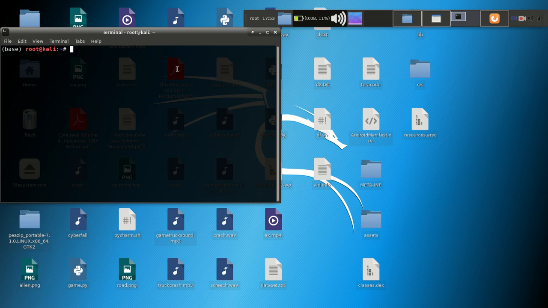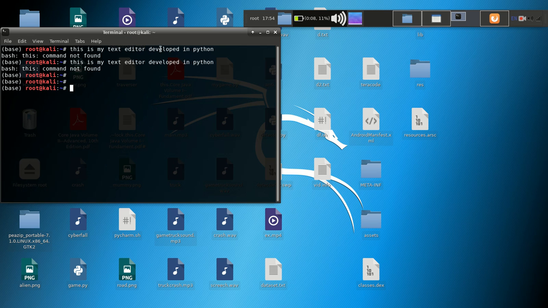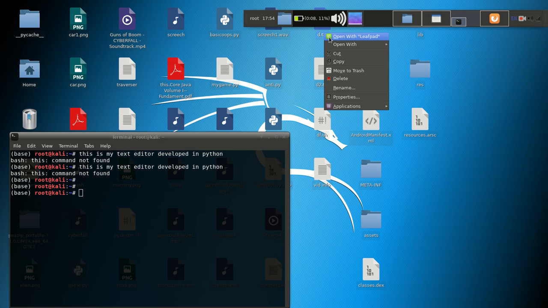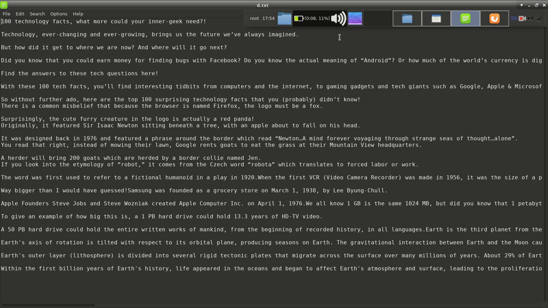I am pasting that in the terminal. You can see that this is my text editor. Actually it is producing an ambiguous output. Let's create a new file, random file. Actually these are important files I think. So let's open this one. This is my PC folder. So this is the already written file.